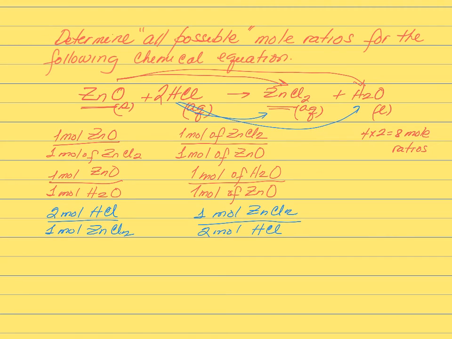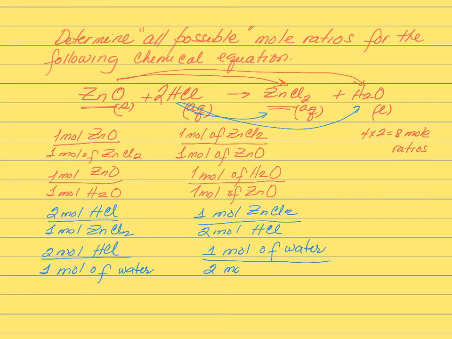Okay, second product, 2 moles of hydrochloric acid will produce 1 mole of water, and the reciprocal, 1 mole of water will be produced if 2 moles of hydrochloric acid were used. 1, 2, 3, 4, 5, 6, 7, 8, and you may think that you're done, but